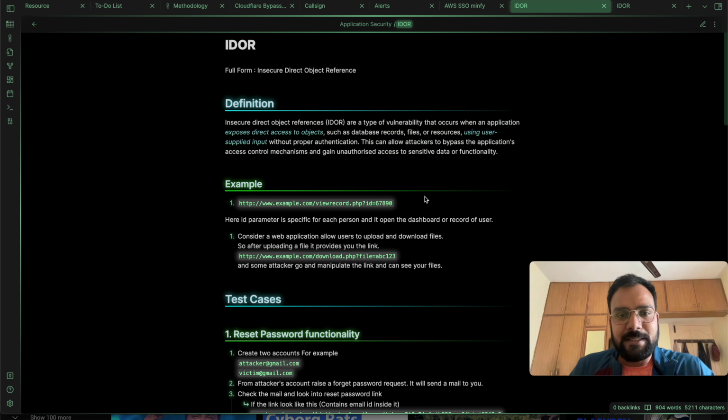So let's see some examples around it, and then we will go to the diagram. Consider this is a link. The site is www.example.com and view record. Consider I am going there, and for me it shows the ID 67890. So I go to view record and this ID is specific to me, so it shows me. I did my proper authentication as well as authorization, everything I have, and then I went to this link